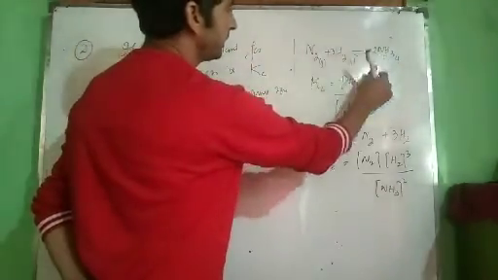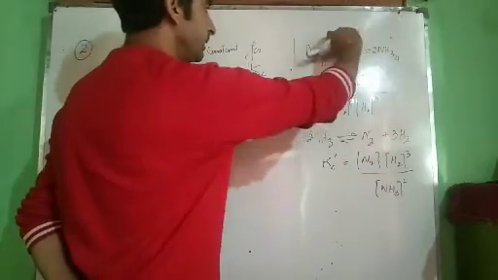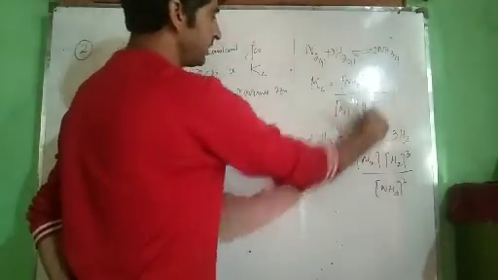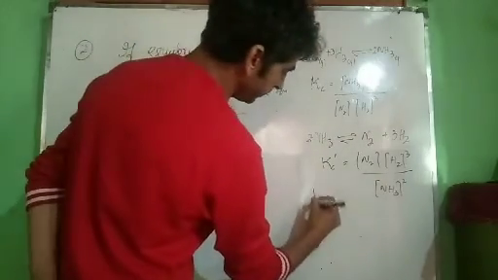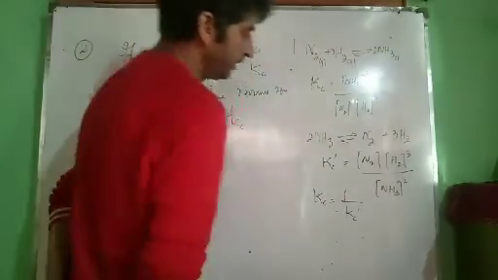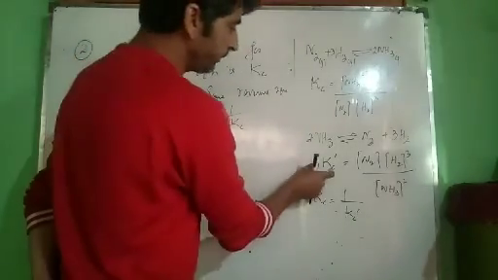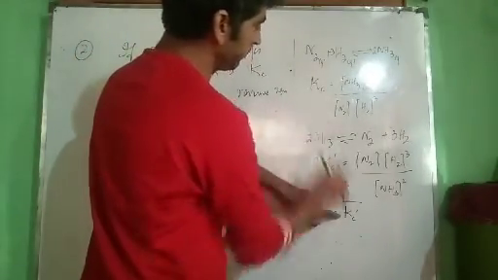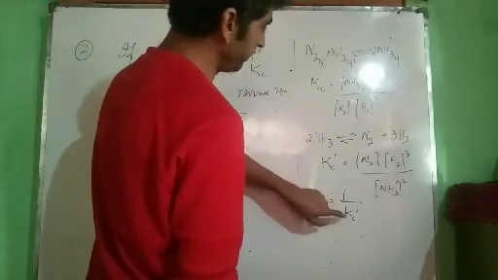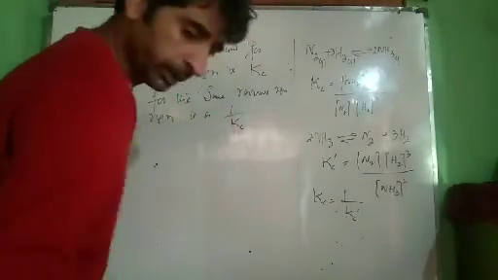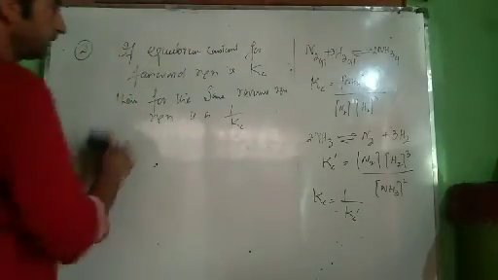Since it is one reaction and this is the reverse of this reaction, when we have a reaction and the other one is the reverse of it, then equilibrium constant Kc will be equal to 1 by Kc dash. 1 by Kc dash means if I write this Kc dash as a reciprocal, I will get 1 by Kc. Kc will be equal to 1 by Kc dash. We will check it. It's easy to check.